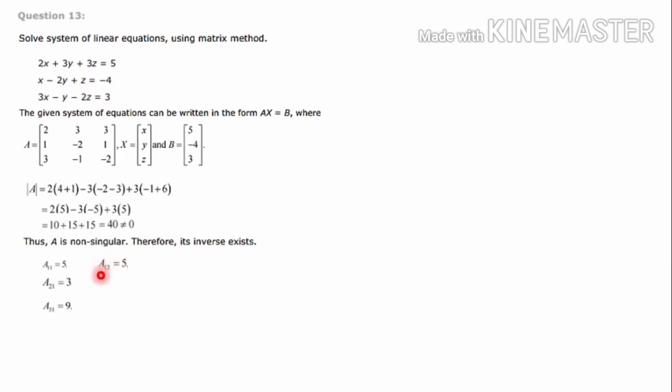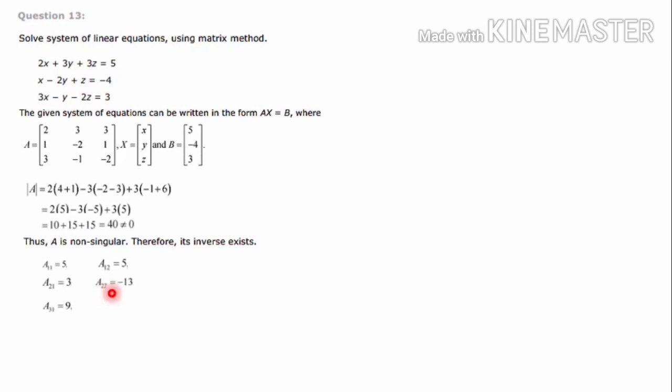3 is an odd number, so there is an additional minus sign. So minus into minus 5, that is plus 5, is the answer. Here we are just doing mental calculations, so you need to practice this type of calculation so that it will be easy for you when you attempt this type of question in the examination.